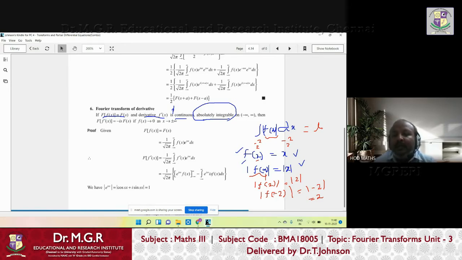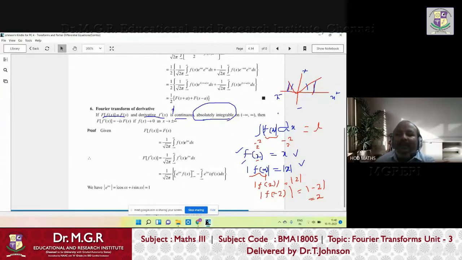Absolutely integrable means, whenever you take the area, suppose you take the area like this in mod x, the area looks like this in a V shape. Whenever you take the area from minus a to a, the f of x value is always in the positive axis. This is f of x positive, this is f of x negative, this is x positive, this is x negative. So whenever x is positive or negative, if f of x is always positive, then it takes only the positive values of the function.